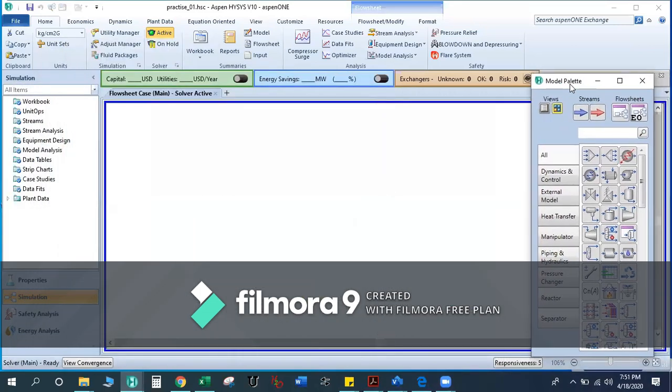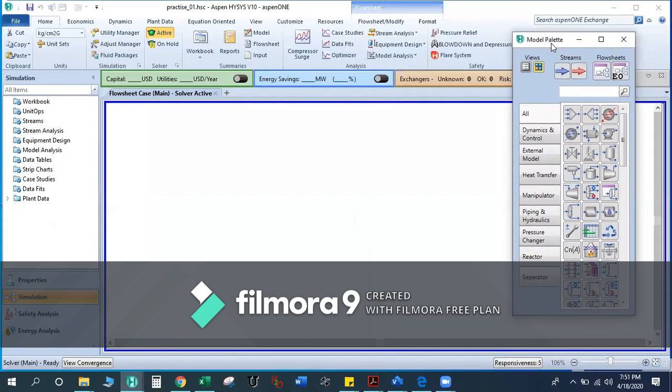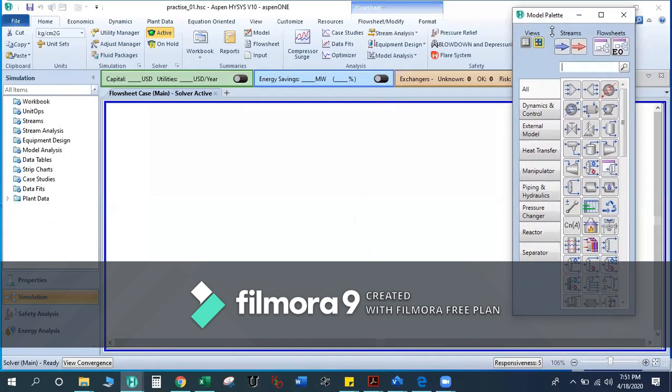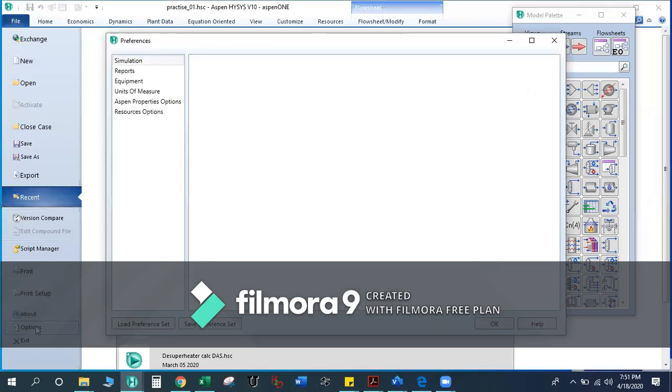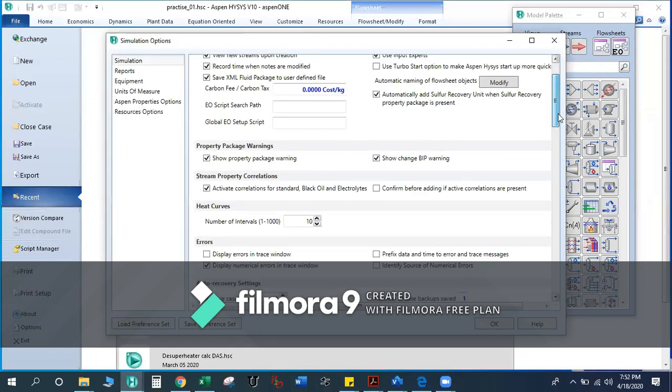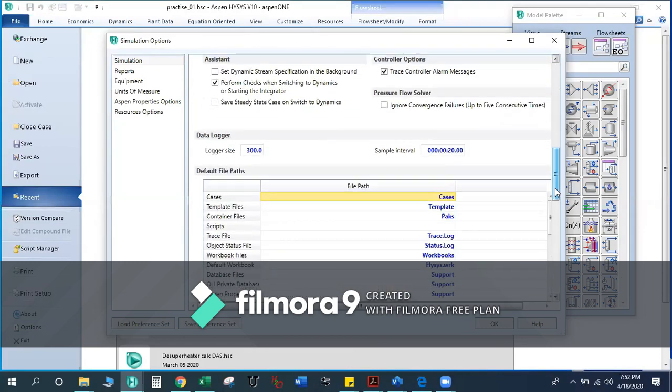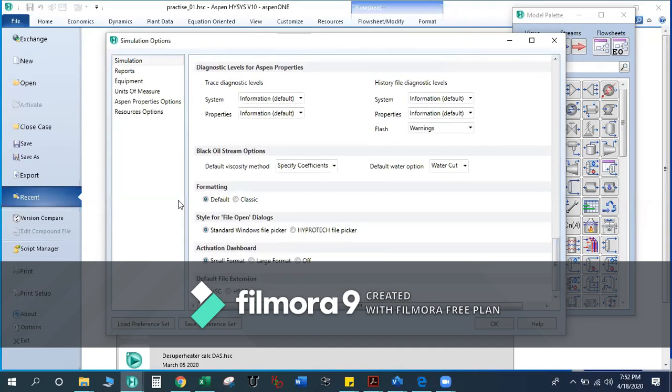I will tell you one thing: those who are using HYSYS or have used an older version of HYSYS and are not feeling comfortable with this interface and are comfortable with the previous interface, just do one thing: go to the File option, then Options, then switch the formatting to Classic and select OK.